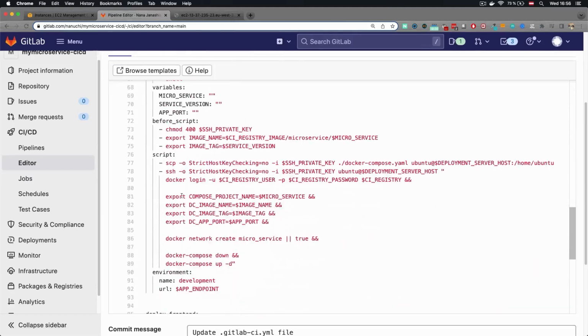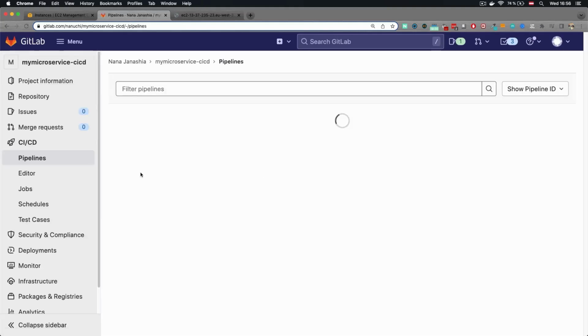All these environment variables will be created. The Docker network microservice already exists, so this will be ignored and it would just return true. There is no previous container to remove, so this will also be ignored. And then Docker Compose up will start the shopping cart container in the microservice network, so frontend will be able to talk to it. So let's wait for that pipeline to complete